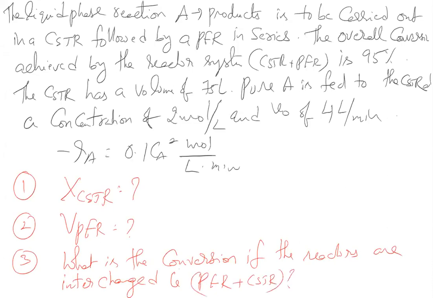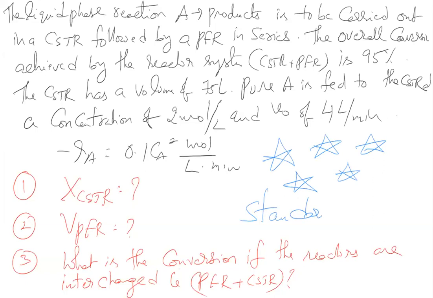This is a very important problem because I have combined many problems here. You can call it a golden standard, meaning that if you solve this problem, you can solve most of the problems in reactors in series. Actual GATE questions are 1 and 2, but I have combined another question so that you get practice, and I am going to prove one more concept in the third question. It takes some time, so read carefully. I'm going to give 5 to 10 minutes for solving this question.